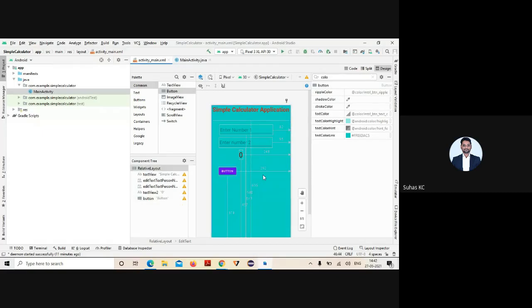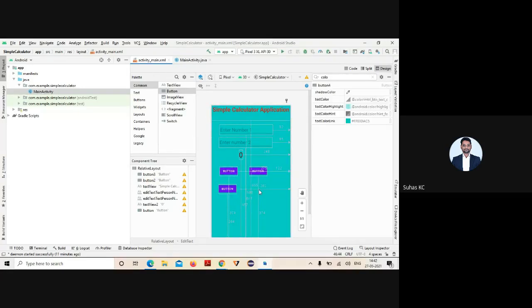So you can just copy paste, Control C, Control V, or you drag and drop that and place.